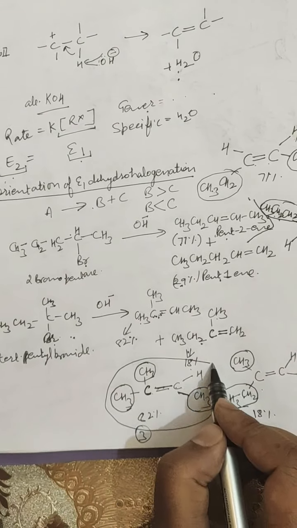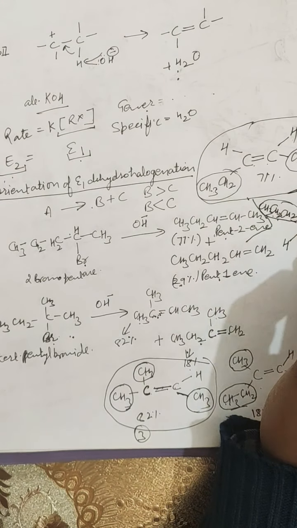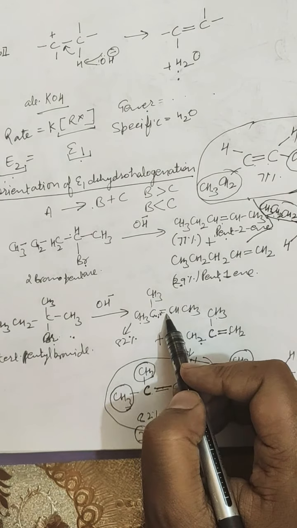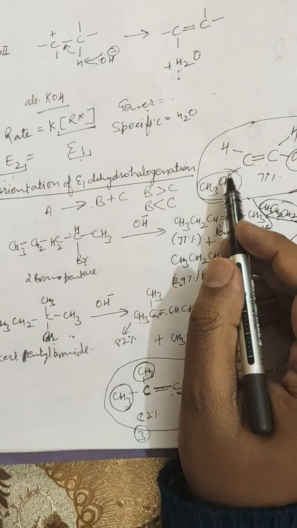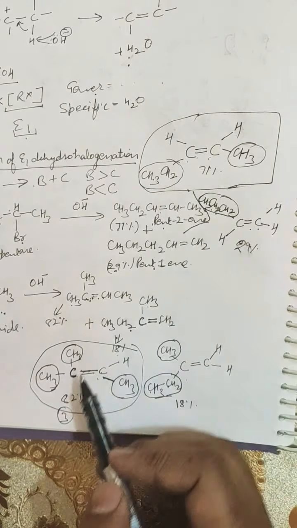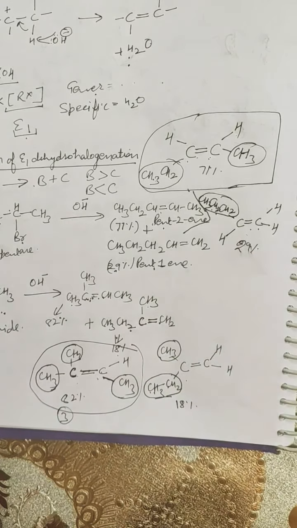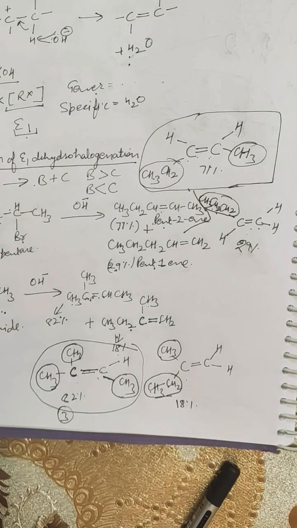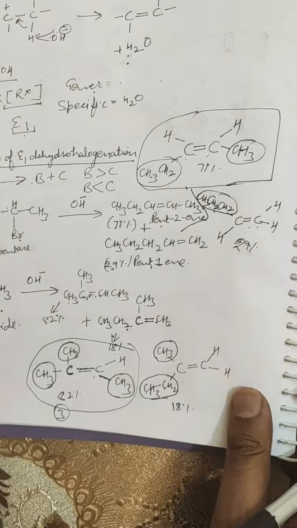So this is the more substituted alkene in this case, and in this case this is the more substituted alkene. If you are getting confused writing such a structure, you have to write the detailed structure like this, and you can understand from here why these products are called more substituted alkenes as compared to their side products. So side products are these. And further, I have told you the mechanism of this reaction also.